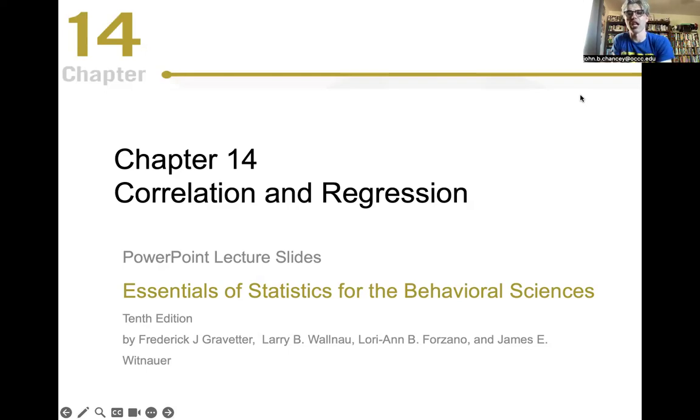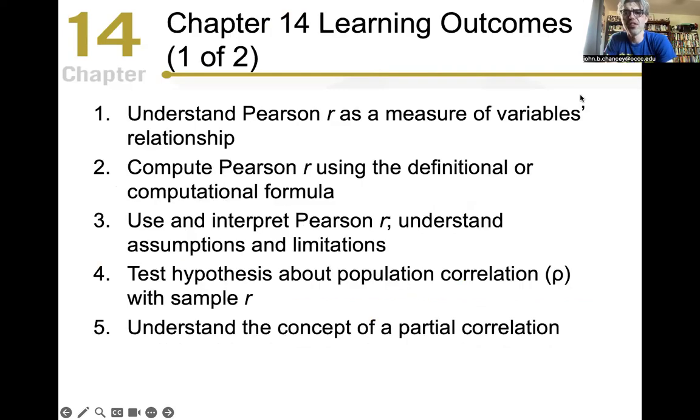So we're really taking two chapters, or in other courses this is taught together, combining two big topics, correlation and regression. Related topics, but different procedures that would occur statistically. This is the first chapter, I believe, that has 2 pages' worth of learning outcomes because we're covering two topics. First, being able to understand Pearson's r as a measure of relationships between variables,